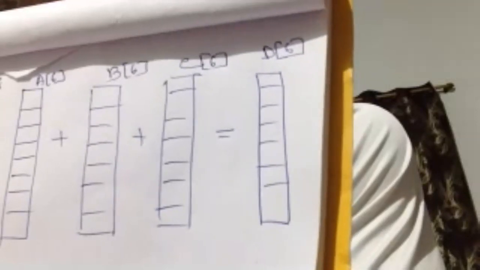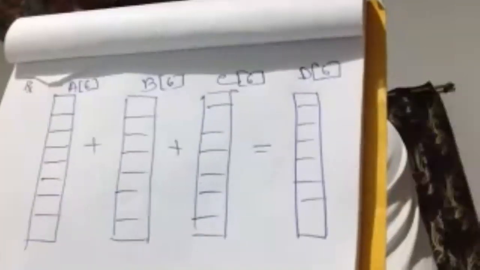It's clear? So before going to the program, first you have to declare the array. How many arrays are there? 4 arrays. So first you have to declare them. What is the type? Whether it is integer, real, or character. So for that you have to put int A7, B7, C7, and D7. That's clear. You have to declare like this way.